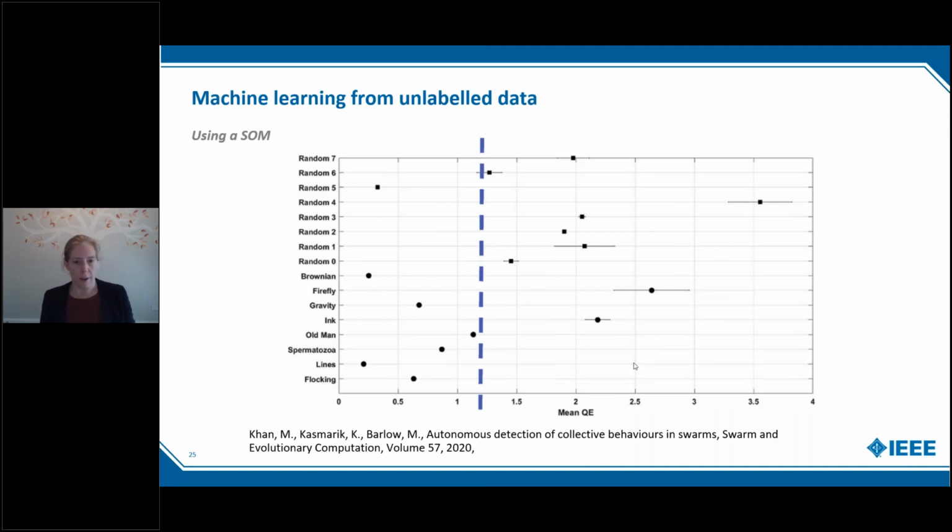So here is an example of the kinds of output that we can get from a self-organizing map, when we're trying to decide whether something is flocking or not flocking. So we did this experiment using our same set of swarming and random examples that we had earlier. And we fed 1,500 instances of each of these into a self-organizing map and recorded the average quantization error after that time. So you can see that the ones that we identified as structured motions, and humans tended to agree